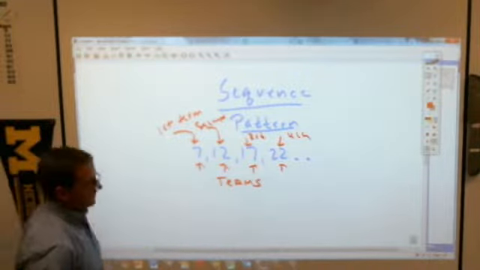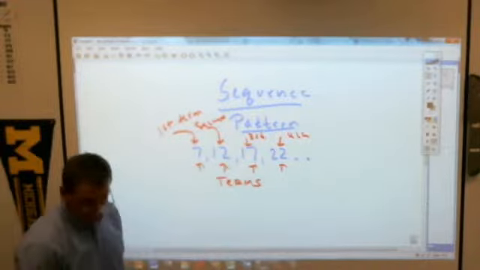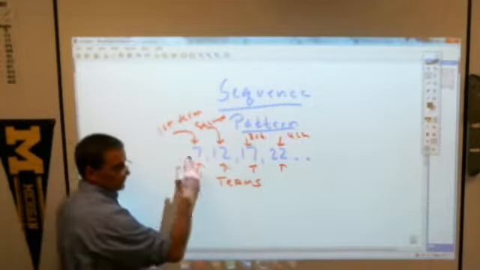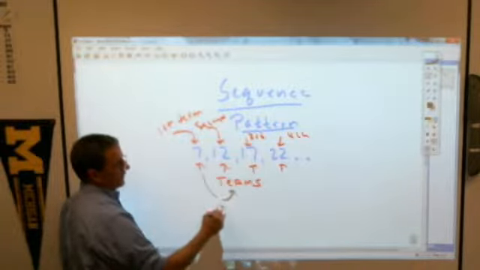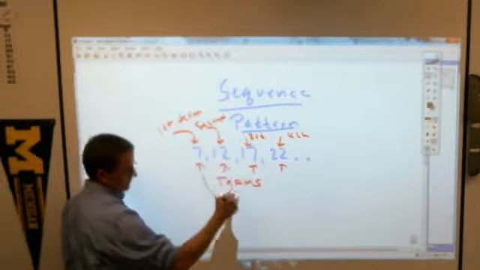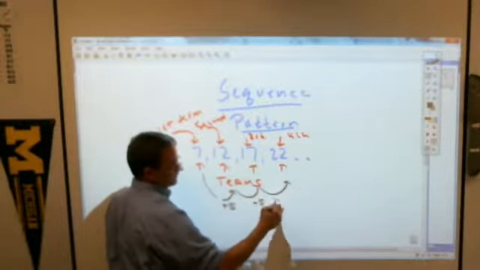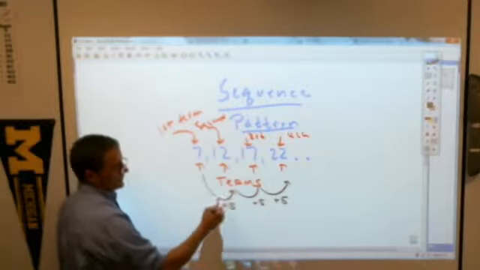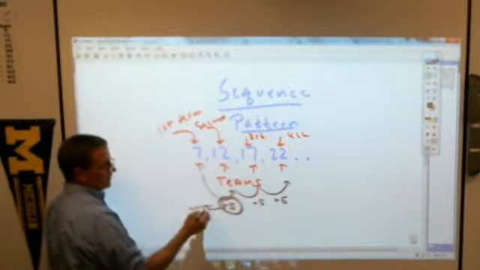Term thing. And then, boys and girls and children of all ages, when you look at sequences, you look at what the pattern is. And in this case, what is the pattern? You add 5, right? Yes. Add 5. Whatever this little number here is, this is what the book likes to call